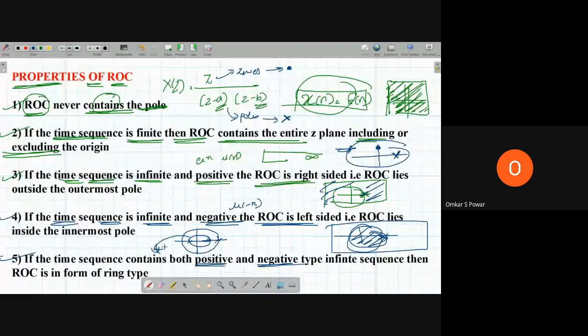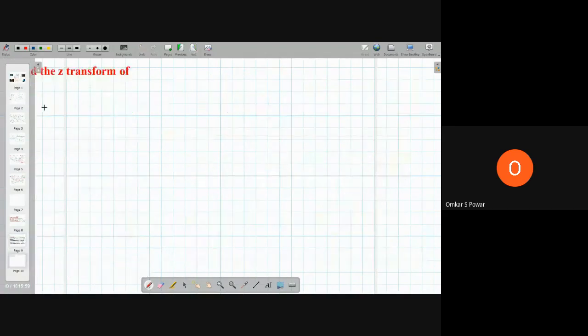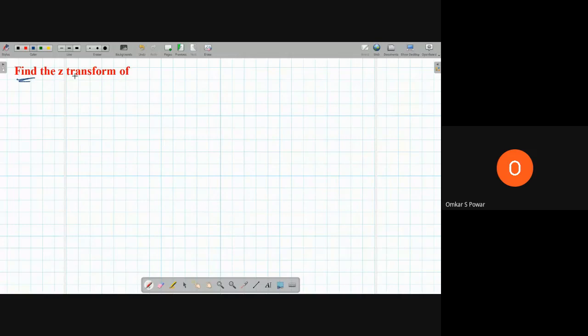Now you do not worry about this property. So let us go to problems. Today I will solve some basic problems, some 3 or 1 or 2 problems. And from the next class, we will understand properly whatever properties I have mentioned here. Okay. So without wasting time, let me go to the first problem for today.